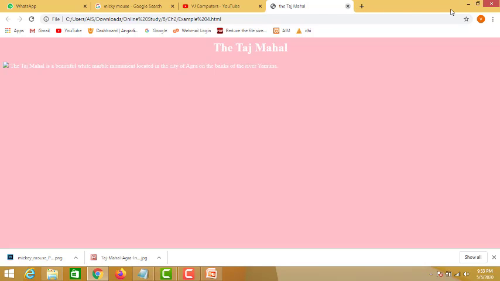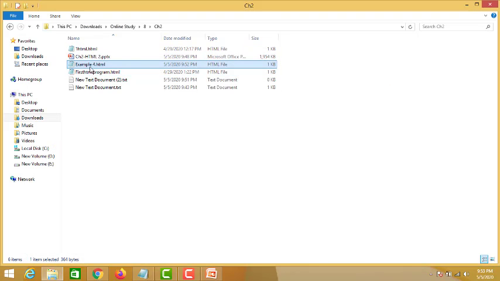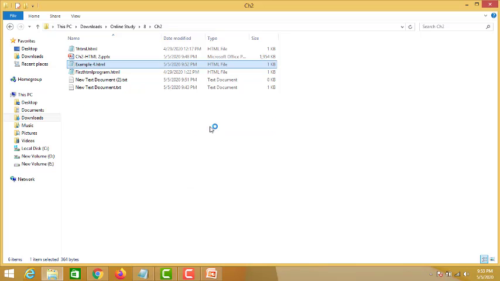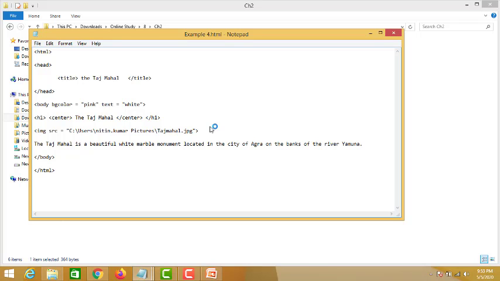We'll close this, we'll minimize, and the same text document, right click it and open with Notepad to edit the text in the program. The same HTML file can be opened with the Notepad. Here you can see this is img, the image tag, where we have inserted the image. Here the C user Nitin Kumar picture, this is the location of the image, which does not exist.